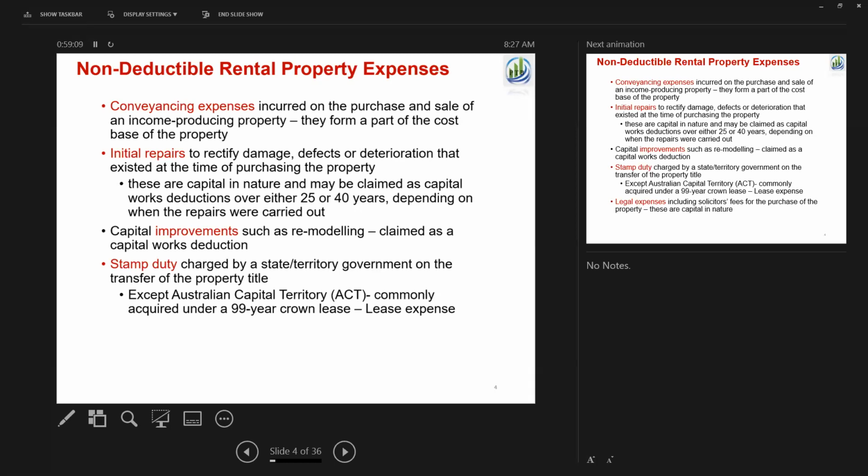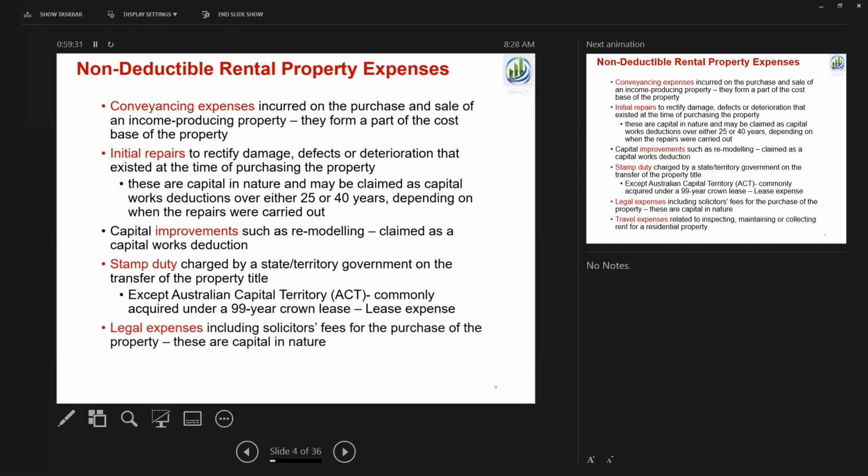The depreciation for the building is the construction. How much the construction cost, that will be deductible. But the initial repairs and capital improvement, that's your construction or the work. So you cannot deduct immediately, but you can deduct over time, right? Initial repairs and improvements. So stamp duty, that's the other one. Legal expenses, what you are paying when you purchase that one, normally that will be included in your capital